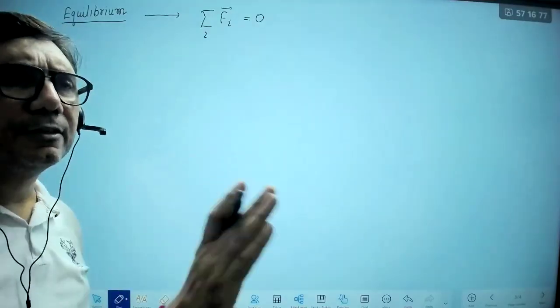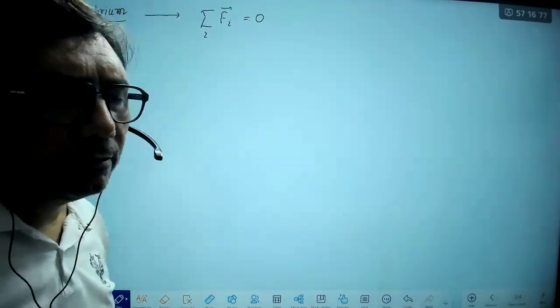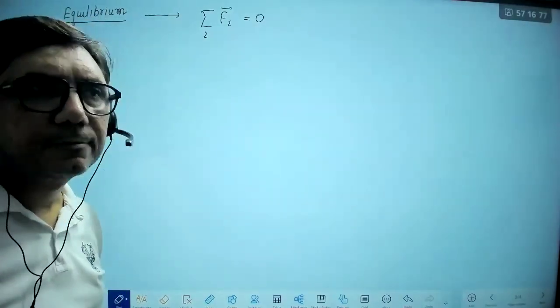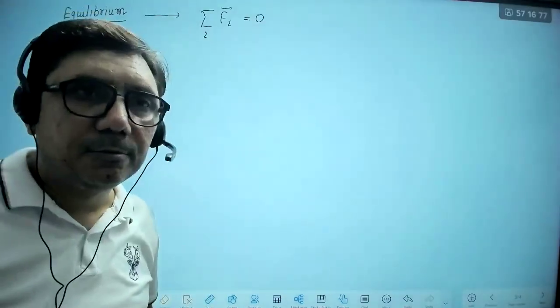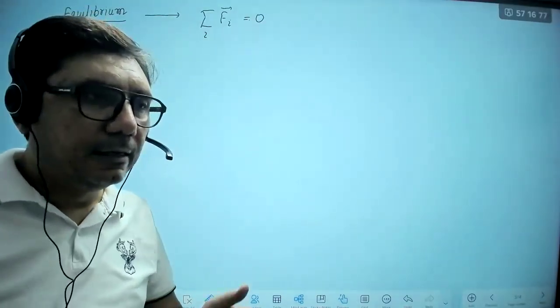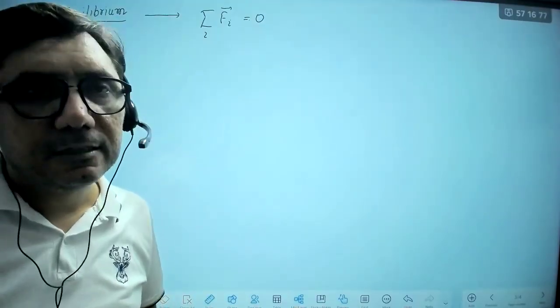I'm talking about translational equilibrium here, so don't confuse. Here, net force, I'm just talking about translational equilibrium. So what was the statement about net force? A system is said to be in equilibrium if the resultant force or net force acting on a system